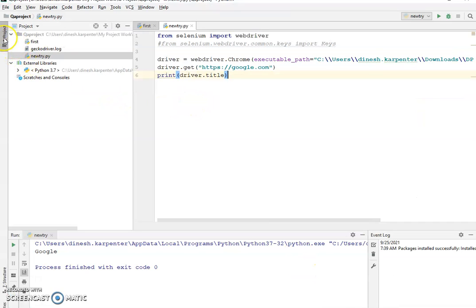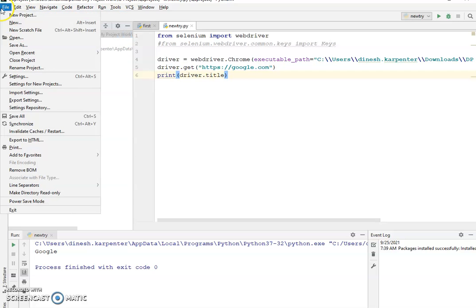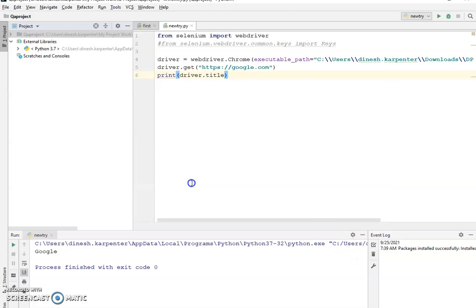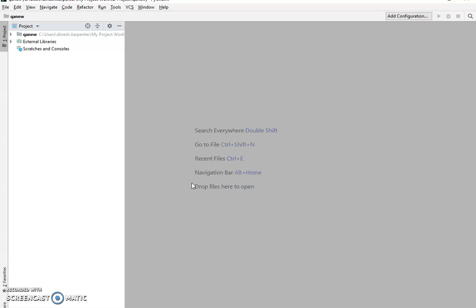So here everything is new for you, so you don't have to worry about this, and you just have to create a project first. You have to click on project, and it will show you how to create a project. You can give any name. I am giving QA new, and it will create a new project for you for Python. So Python project will be created for you with this. Now simply your project is created and there is nothing in it.